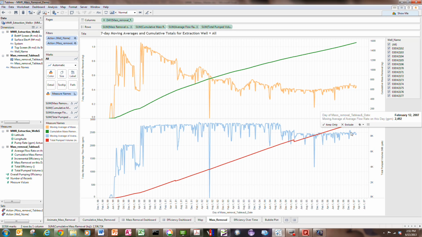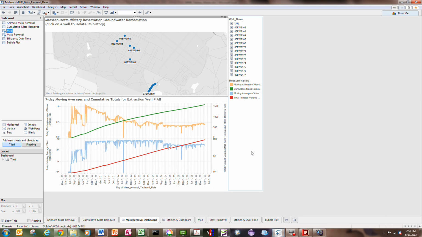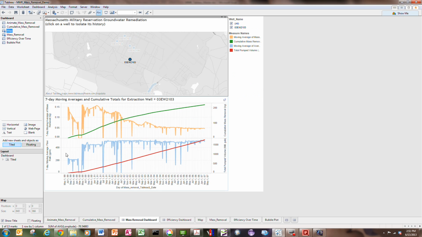So that's what you'll see in a dashboard here. And then we have efficiency over time, and I'll show you that in a dashboard also. So going to the first dashboard, which is the mass removal dashboard. So in Tableau you can set up these dashboards which are triggered. You set up actions so that if you click on a well here, 2103, the data in the lower plot